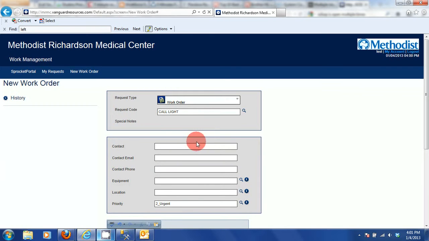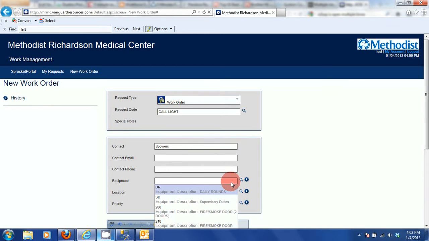page. And this is just where we're going to fill out any information. We can put our contact information. This will be so that the tech knows who put the work order in. Your contact email address, if you want to get any email correspondence from them. Your phone number. If you have the equipment, if you know exactly what piece of equipment you're working on,